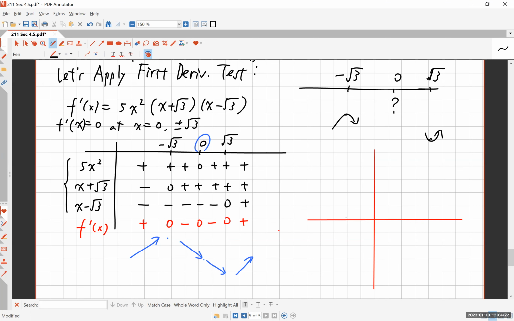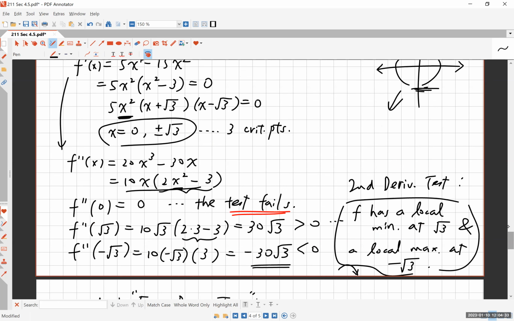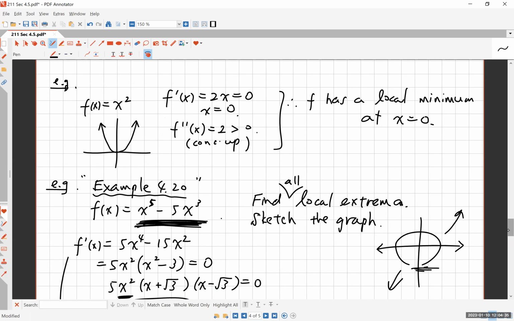For instance, when x is negative square root of 3, 0, and square root of 3, these are important points. Okay, and in fact, what is f of 0? Where's my function? Yeah, this is the function, right? So f of 0 is clearly 0. Oh, by the way,